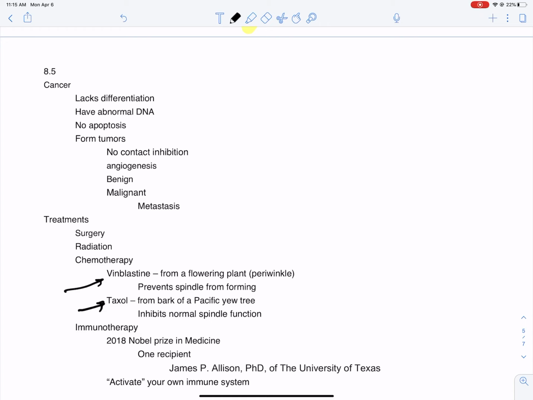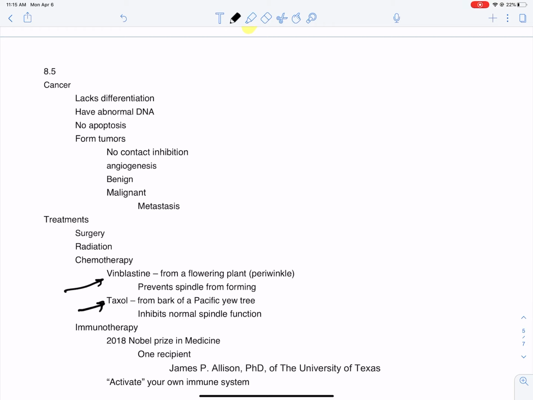Another one called Taxol is from another plant, the bark of a Pacific yew tree. Almost everything that we have are drugs that fight off about anything. We find them in other organisms, whether it's an animal, a plant, a protist, a bacteria, or whatever. The answer is usually out there. We just have to find it. The good news is we can